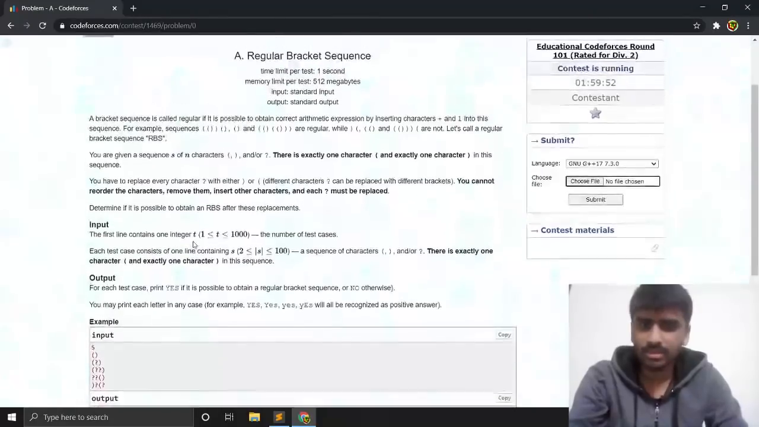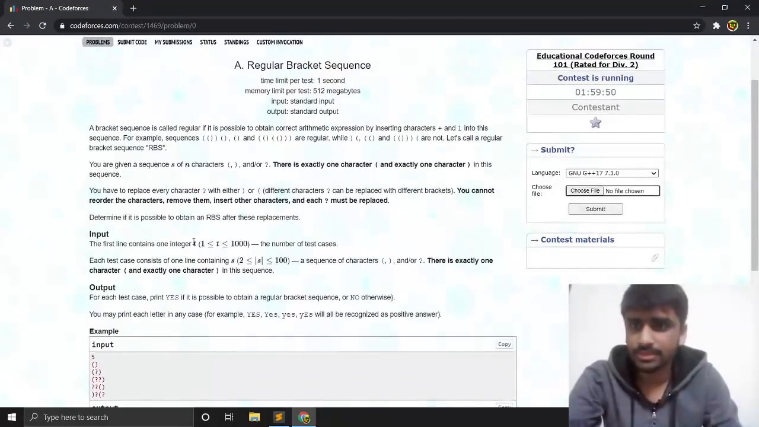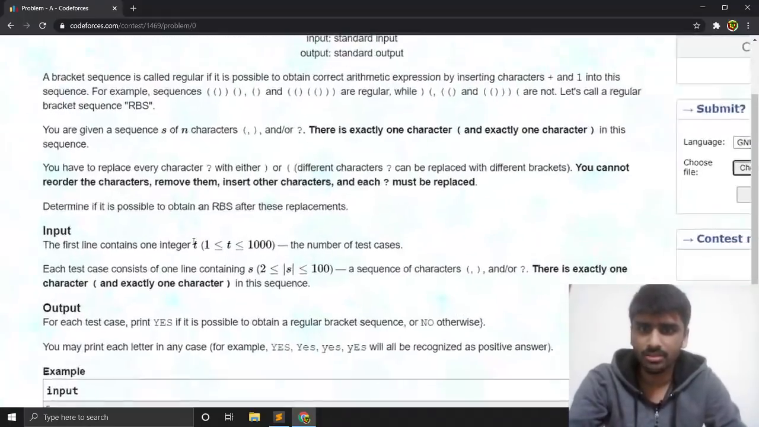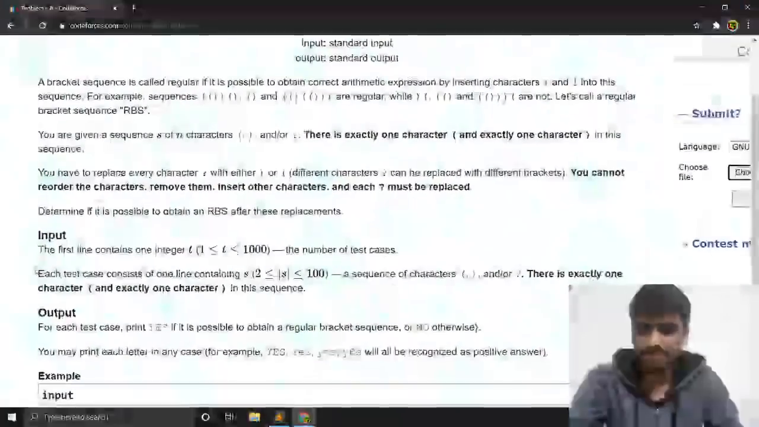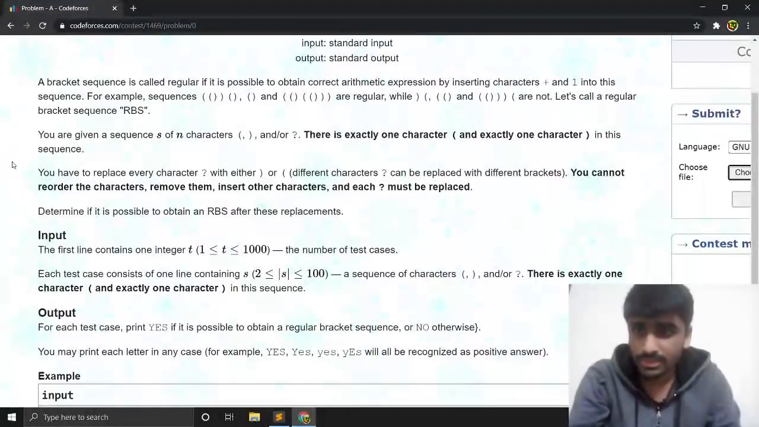Okay, we're in problem A. Let's see what this is about. We're given a regular bracket sequence. Okay, so these are common. Maybe it should have been named another regular bracket sequence problem. Anyway, so you are given a sequence of